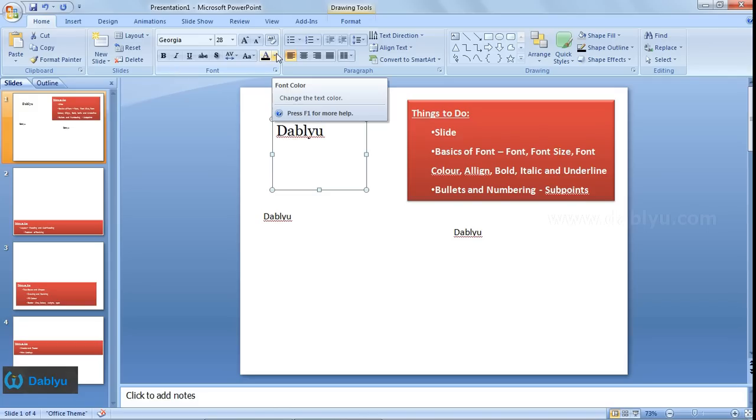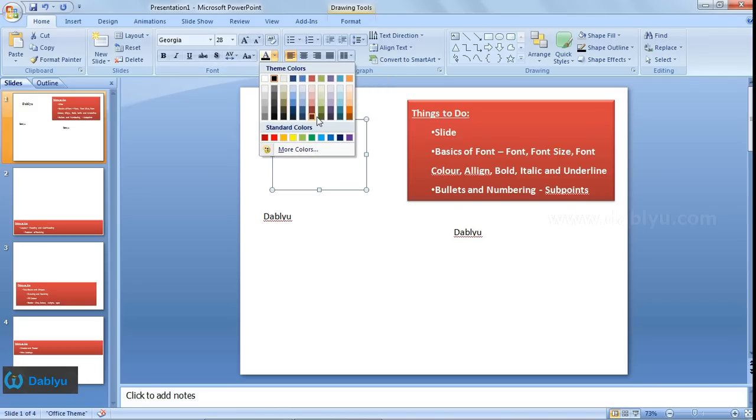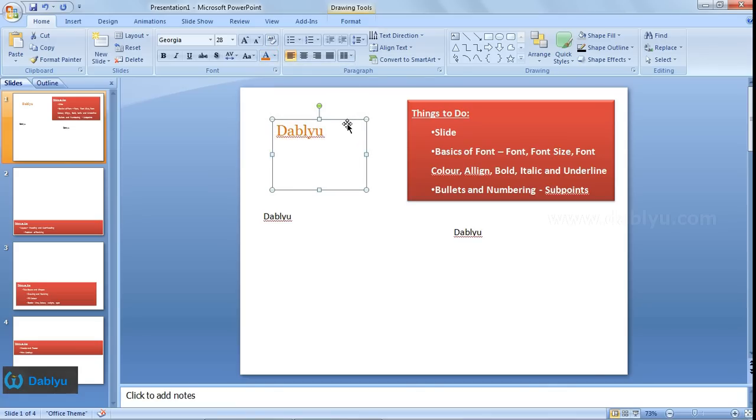And here is where you get font color. Just select this and select any color you want. Let me select orange for now. Okay. Now the next thing is